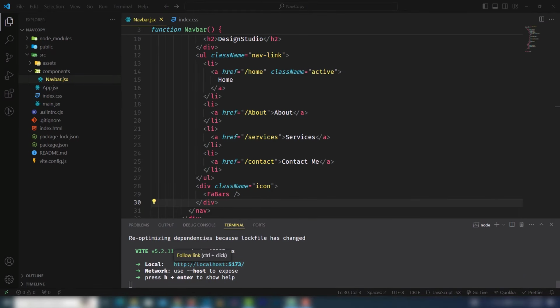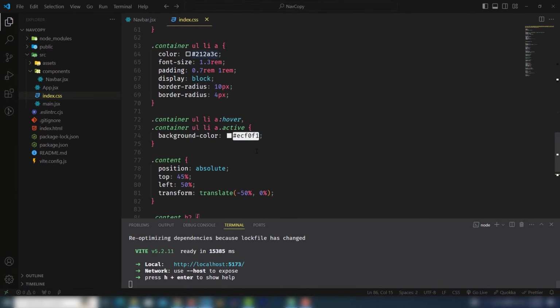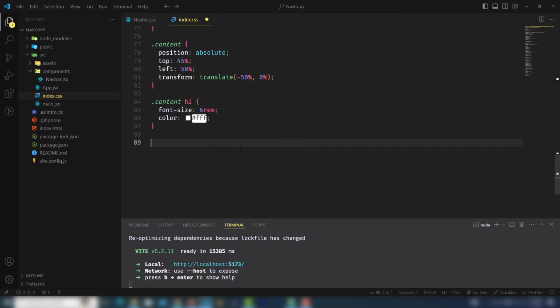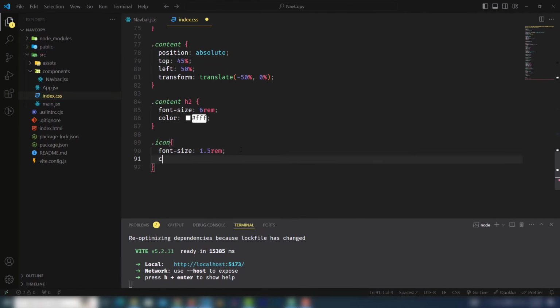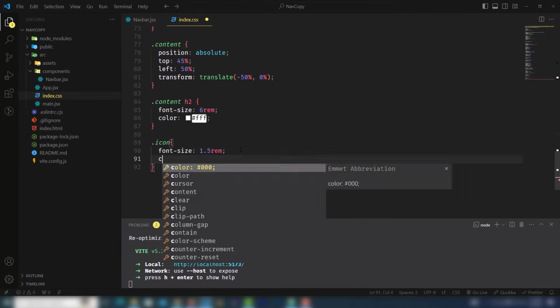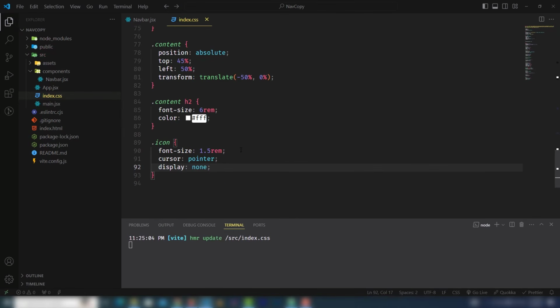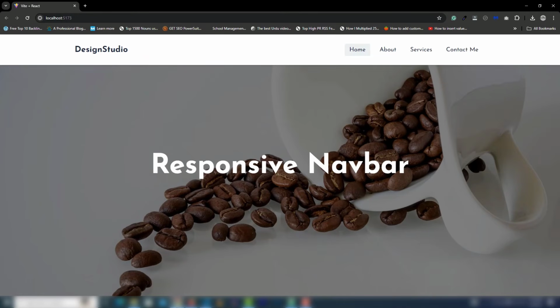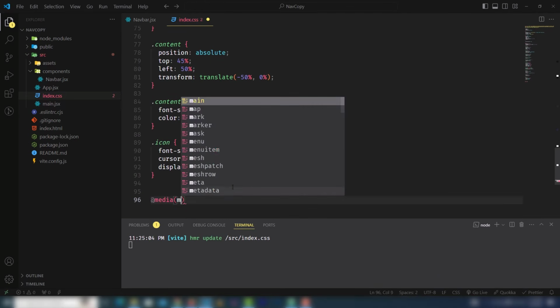So let's move on to the project, open it. The icon is up here, so let's select it: icon, font size 1.5, cursor pointer, and I will use the display none property because I don't need to display it on a large screen size. When it hits 768 pixels, I need to display it, right? So let's move on to the max width